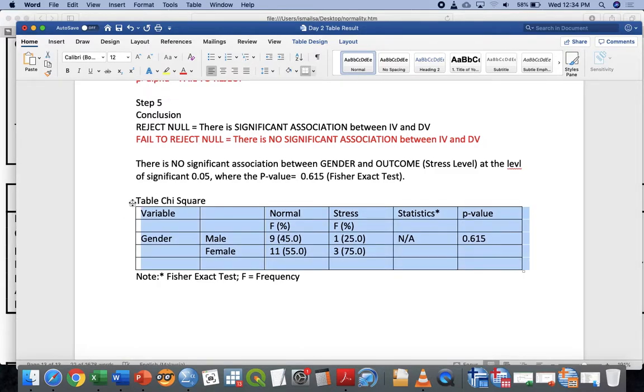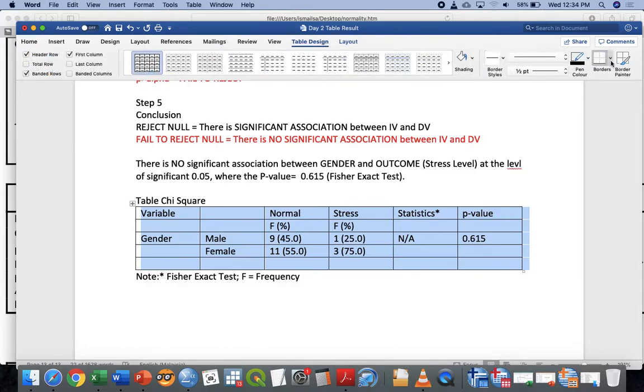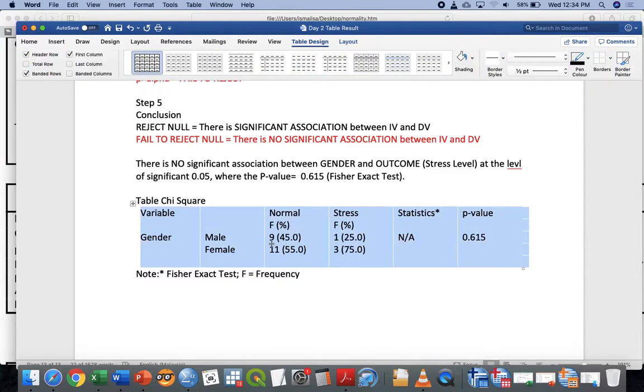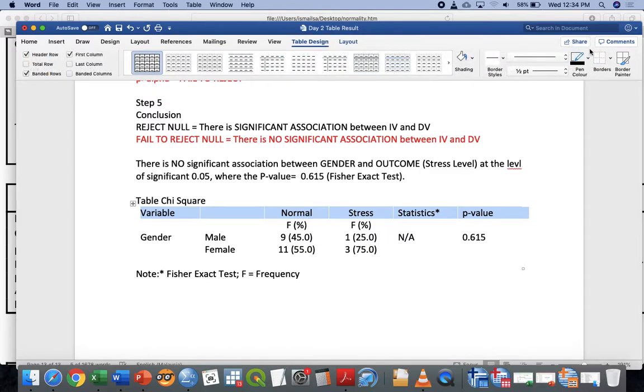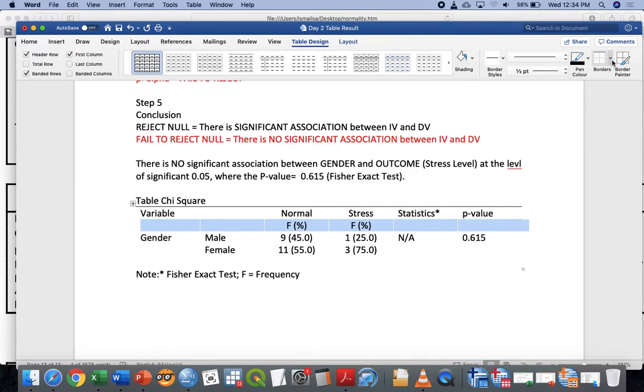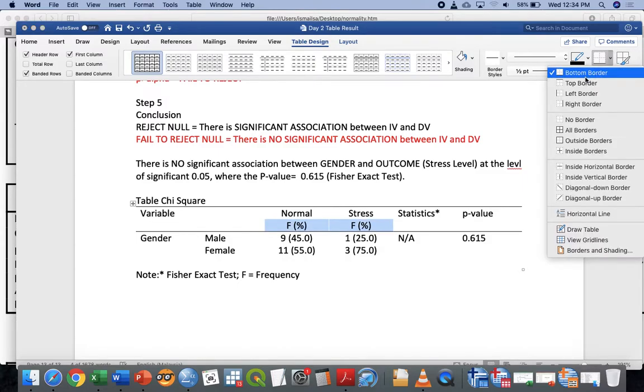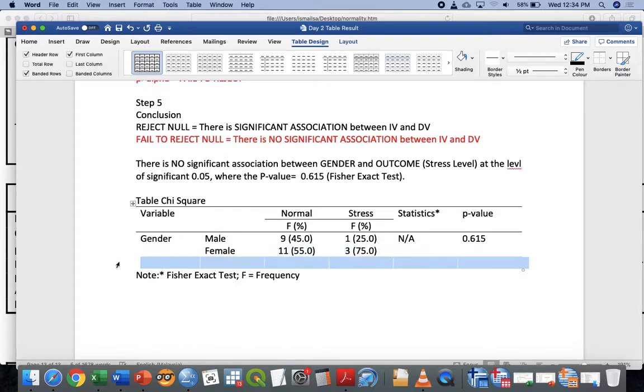If you are reporting the chi-square, then you put the chi value. Okay, so far so good or not so good? Then you remove everything else here. And this is how you make a table for the chi-square. Don't forget to put the line there, the line down here, and one line here. This is the format. If you do it like this, khalas, you are able to fly. If you are so lazy to do it yourself, you can just copy and paste my table and use it accordingly. Not a big problem. Understand? So now